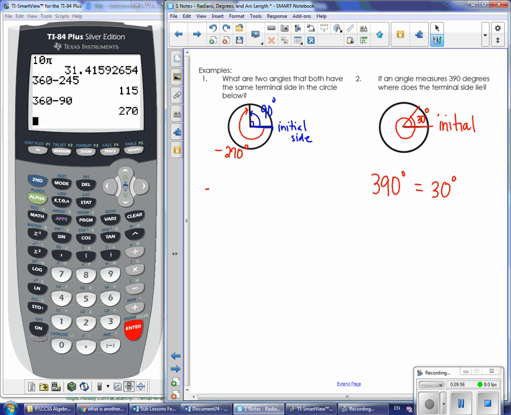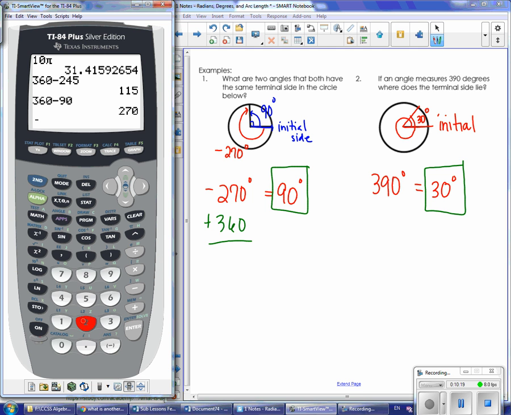And an angle that measures negative 270 degrees is equivalent to a 90-degree angle. When we write our angles, we want to make sure that we write them in standard position, so all of our angle values are between 0 and 360. If they end up being negative, we'll add 360. So if you take the negative 270, we need to fix it so it's in standard position. We add 360 to that, and that'll give us